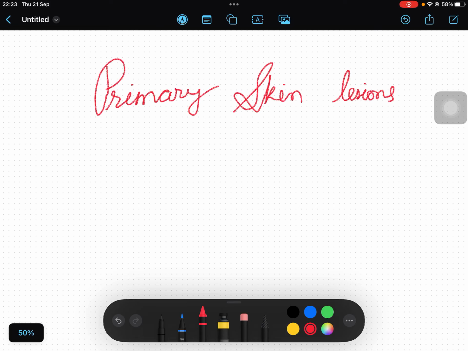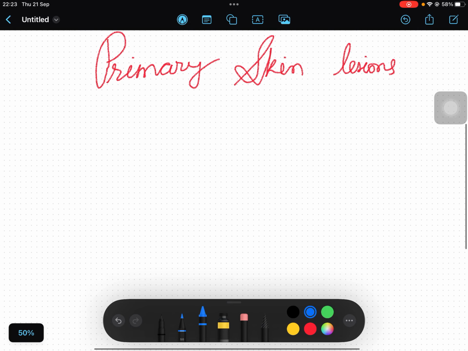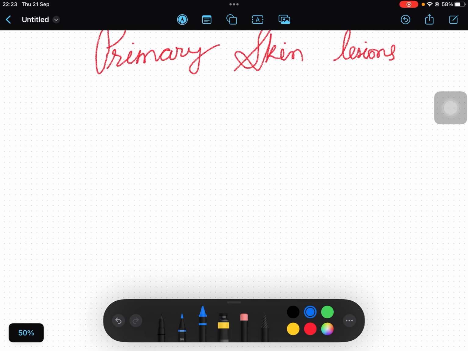So today I'll be talking about primary skin lesions. Let's go. We already know that primary skin lesions are part of the disease process. The most common primary skin lesion is